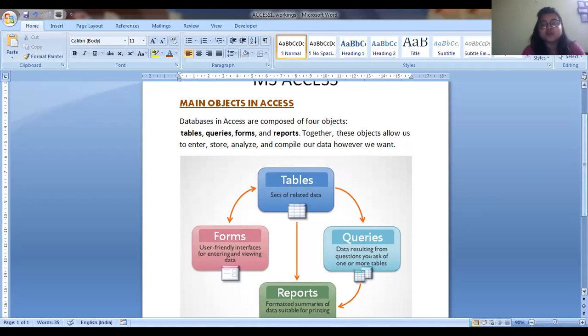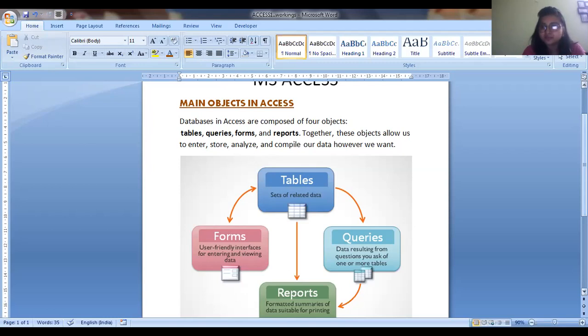Tables are the most essential part of Microsoft Access, and tables are basically made to create the data. For example, I told you about a database of students by a college. For a student's database, the college needs information.